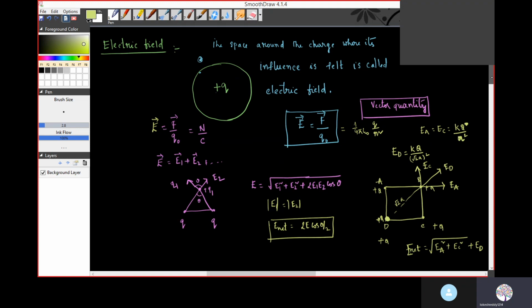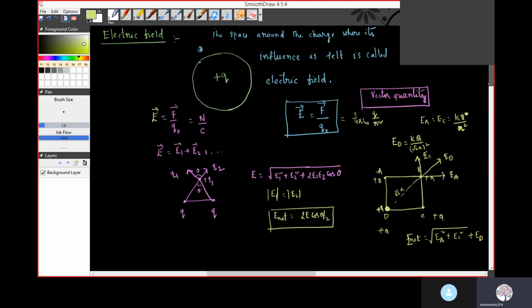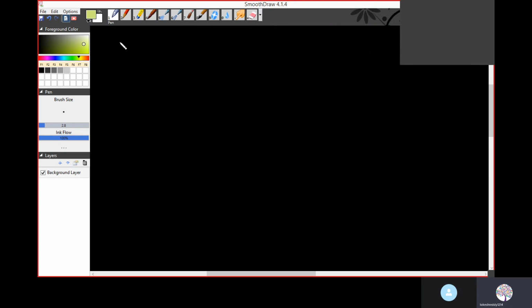Now, electric field due to continuous charge distribution. When we study continuous charge distribution,